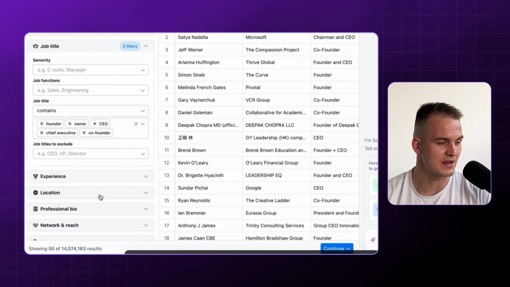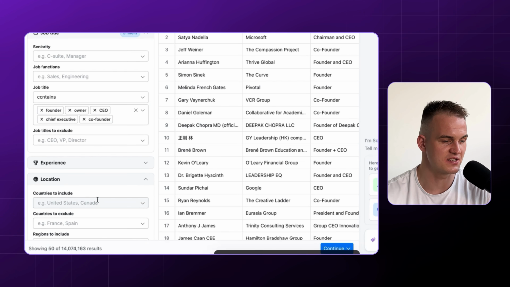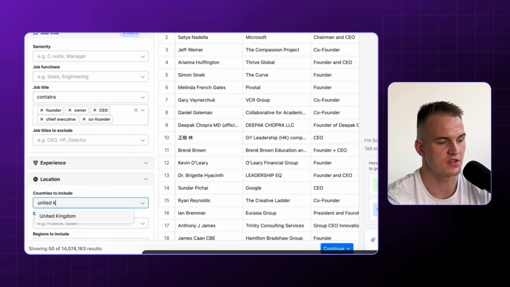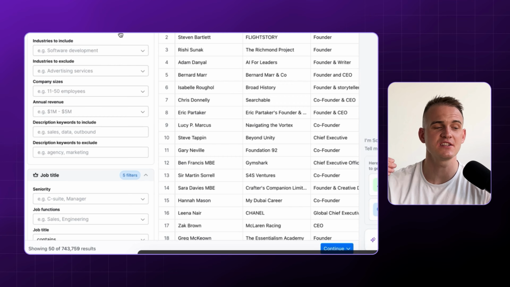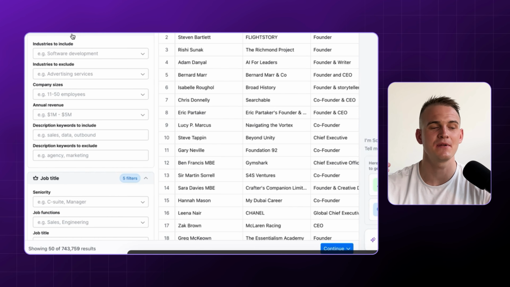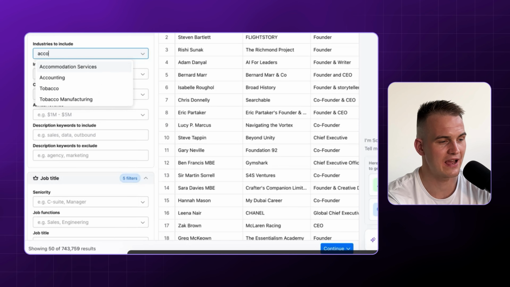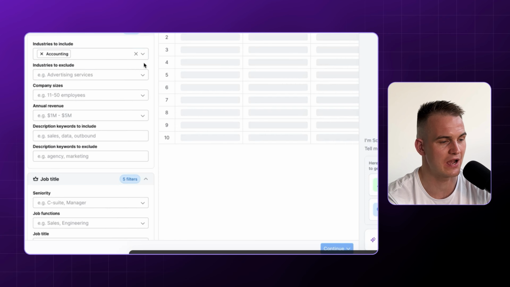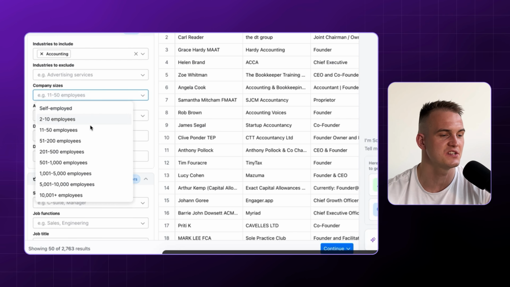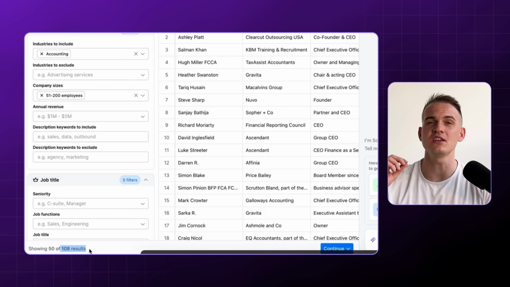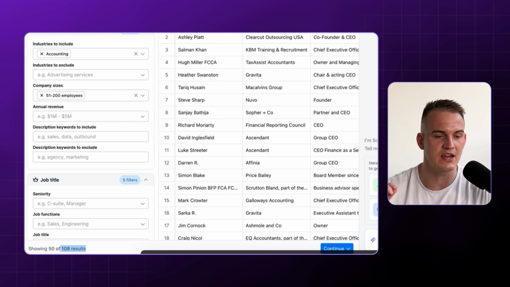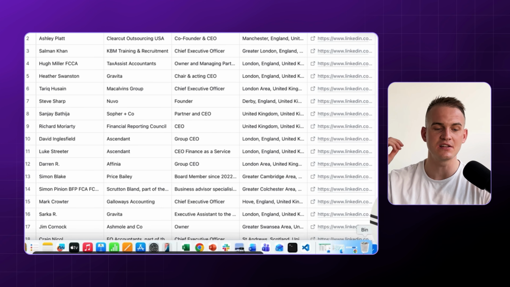And that way we can make sure that they're all in the United Kingdom. So let's say they're all in the UK for the time being. And we can also filter to make sure that the companies that they work at over here under the company attribute section are all accounting firms. So we can filter for accounting, and we can filter for the company sizes to be between 51 and 200 employees. You can see in total over here we'll have 108 results, and here we can click on continue, save